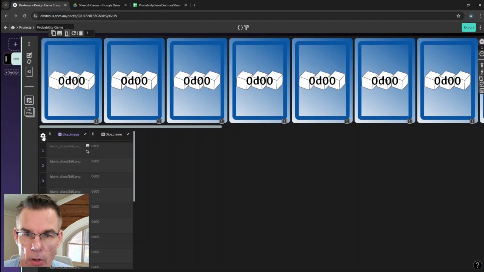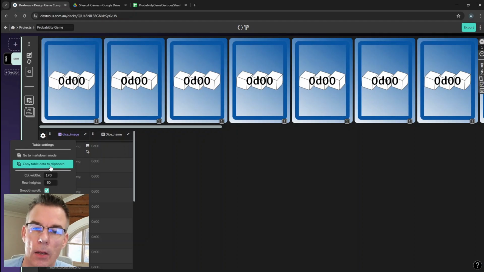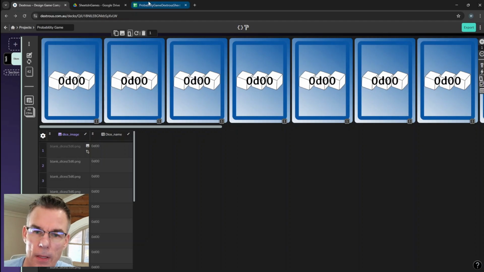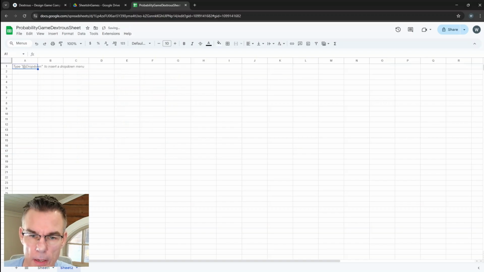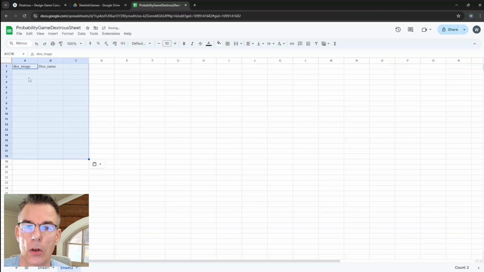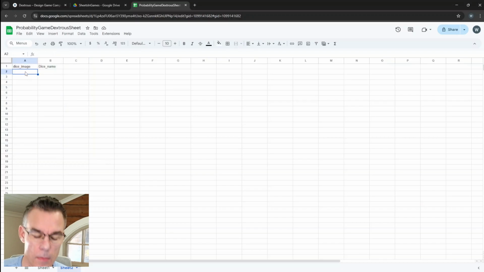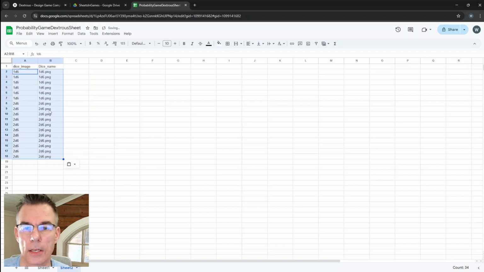I would first copy table data to clipboard, go to my sheets, I add a new sheet here, copy paste it here so I get all the field names correctly, and then I need to add all the information that the backside needs. I can edit like this here.